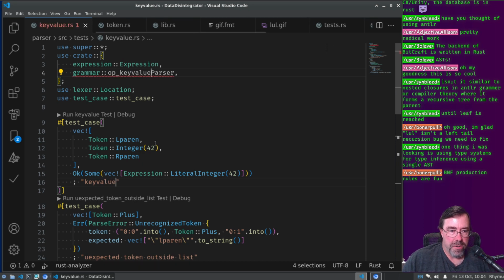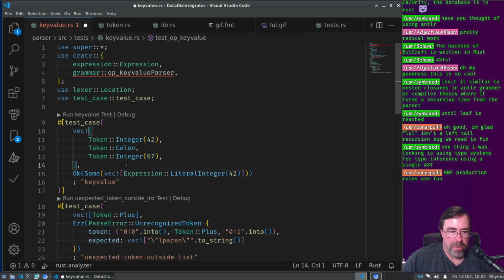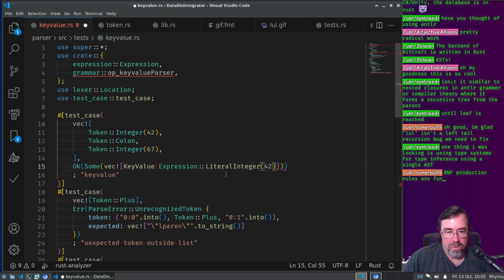So you have the key value parser. So that would be like two expressions, make them different, and have a colon between them. We expect out of that a new kind of thing, which is a key value. And that will have two expressions in it. Literal integer 42. So